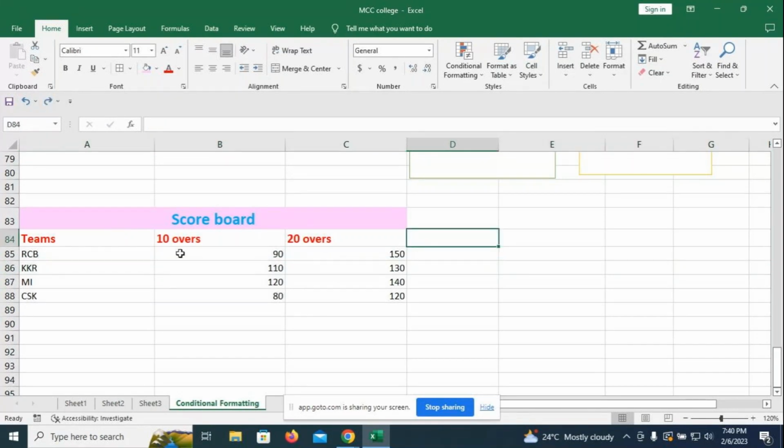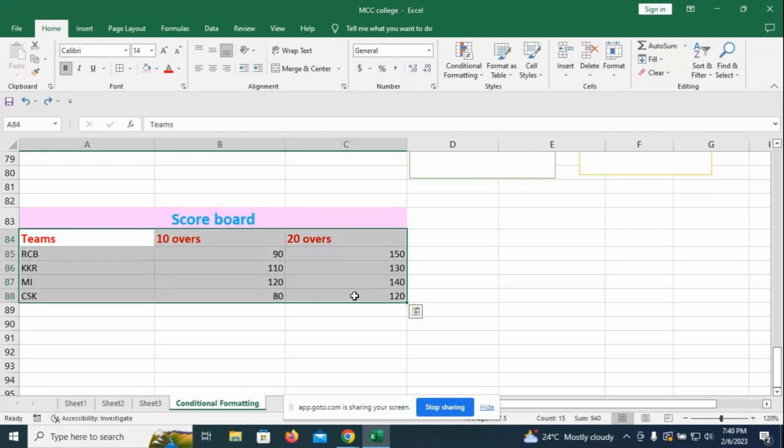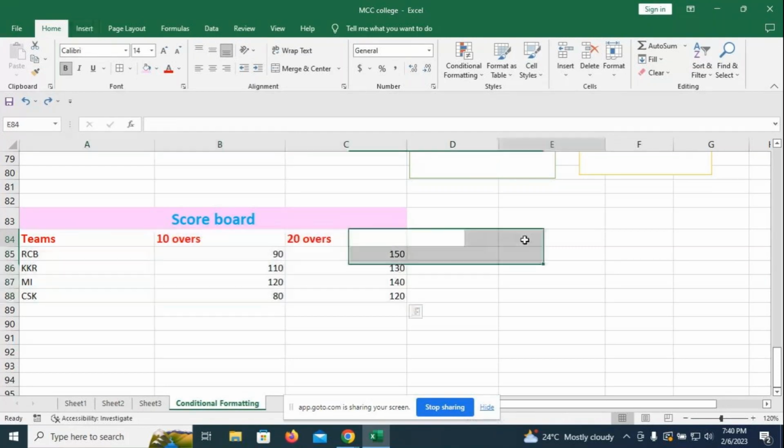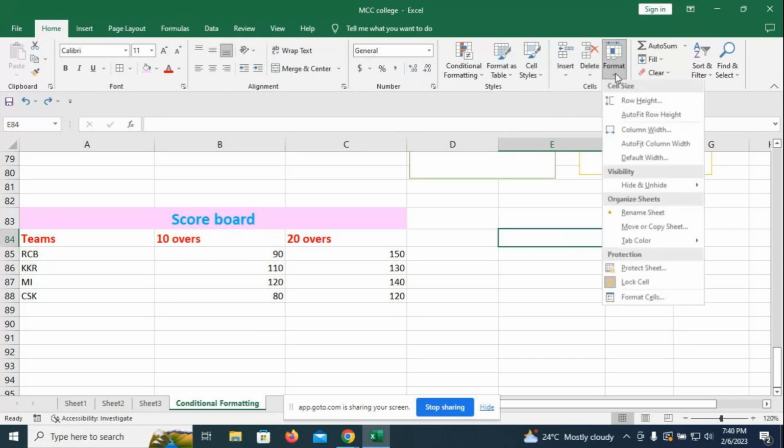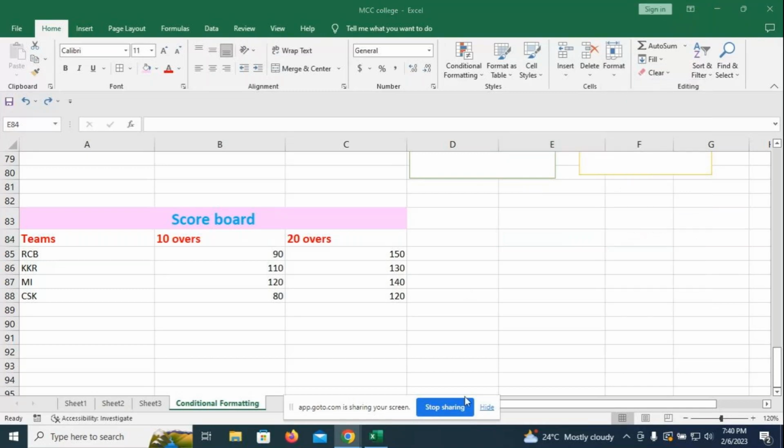Now I am selecting this table. I want to go to the insert tab. Likewise, your insert, delete rows and columns is there. Delete cells, delete rows, delete columns, and delete sheets. You can delete the sheets also. Right. Format, row height. What is the default row height? If I go to the new sheets,